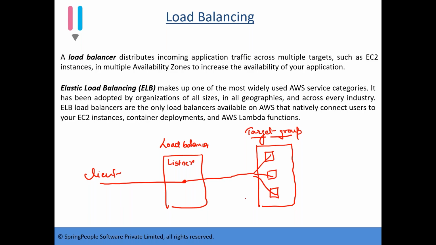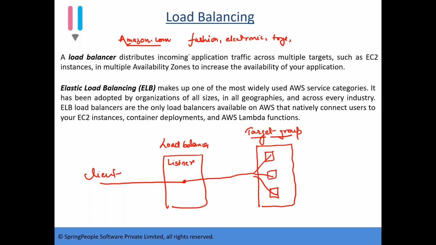Now, will there be only one target group? No. There can be multiple target groups, depending on your application. I'm not getting what you are trying to explain. So I'm here to explain everything. First, try to understand. Whenever you do shopping from Amazon.com, there are different categories in Amazon.com. One category is fashion. One category is electronics. One category is, let's say, toys. So there are multiple categories.